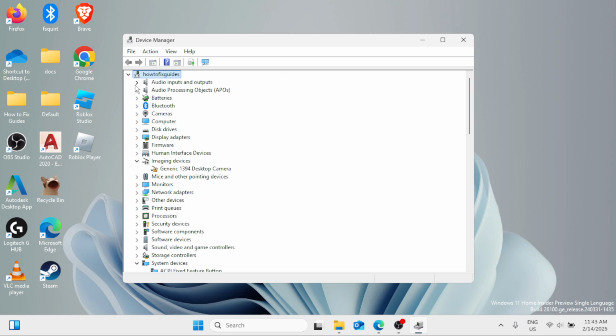So after uninstalling the keyboard driver, click on your username and then click on action and click on scan for hardware changes. You have to do this about 3 times until your keyboard driver is reinstalled into your Windows. Now, if clicking on action and scanning for hardware changes doesn't reinstall the keyboard driver, then